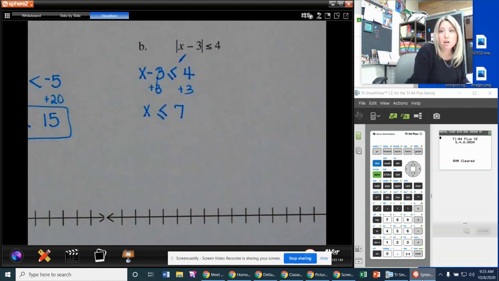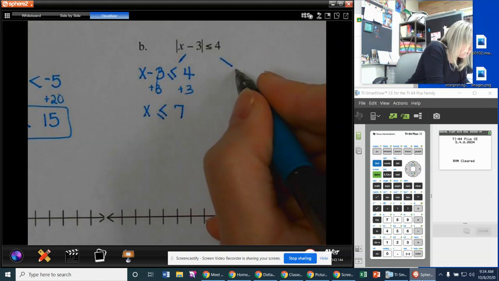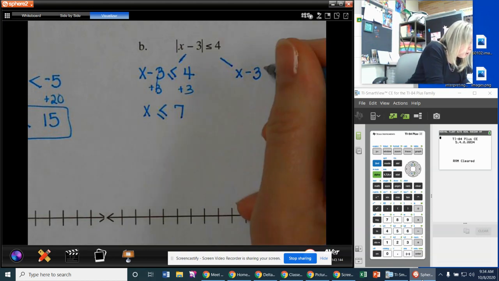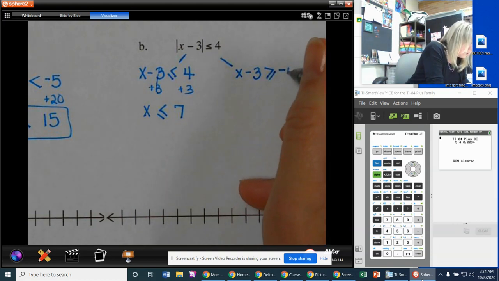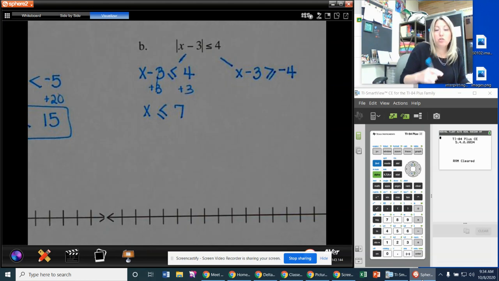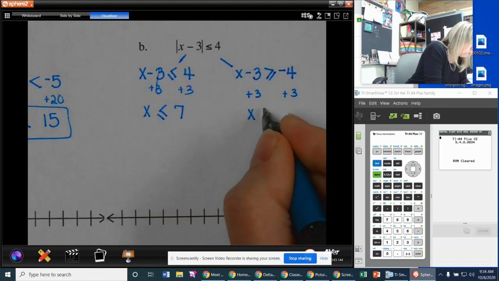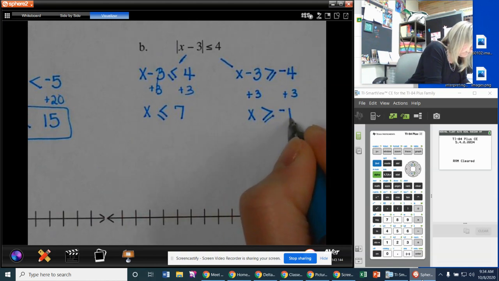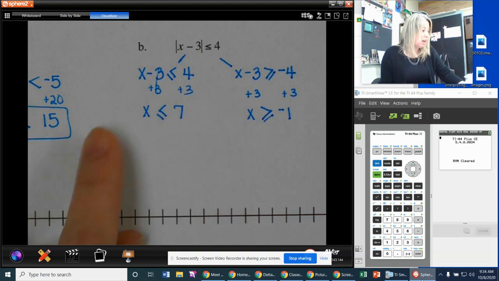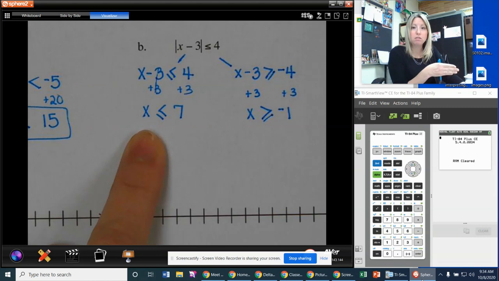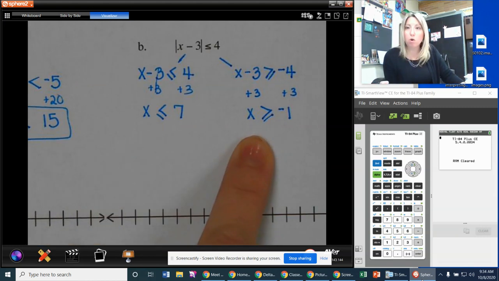Now let's do our second scenario where we drop our absolute value bars and we have to negate the other side, which means flip the inequality sign and negate your number. So now when I go to solve, I get x is greater than or equal to -1. And let's think about this. Can any solutions be both smaller than 7 and greater than -1? And the answer is yes. This is an and,